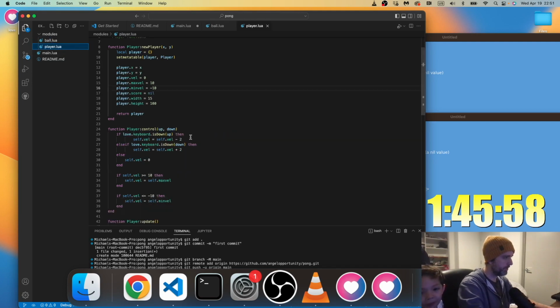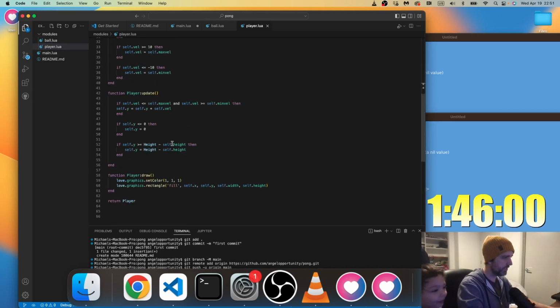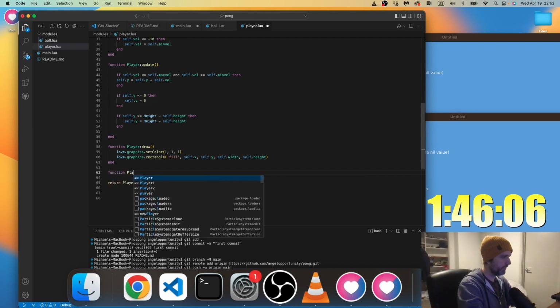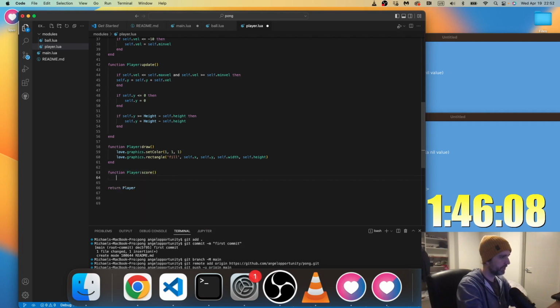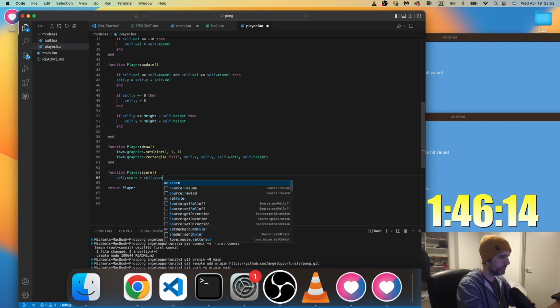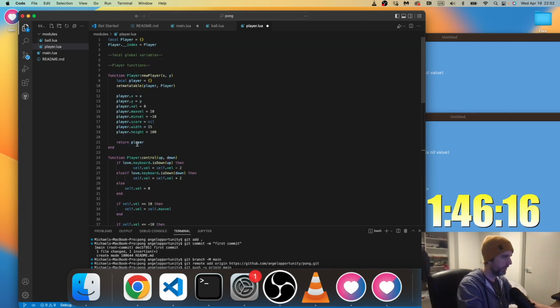And then I need to put score into these functions here. Function player score: self.score equals self.score plus 1. Self.score should be 0 here.